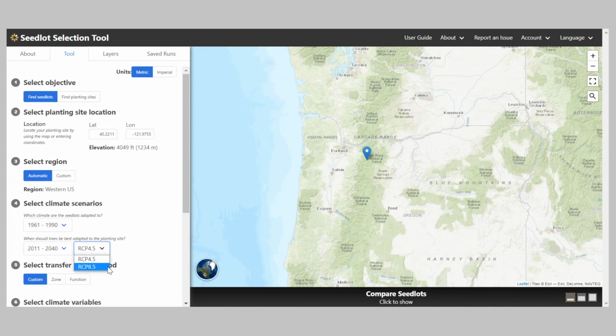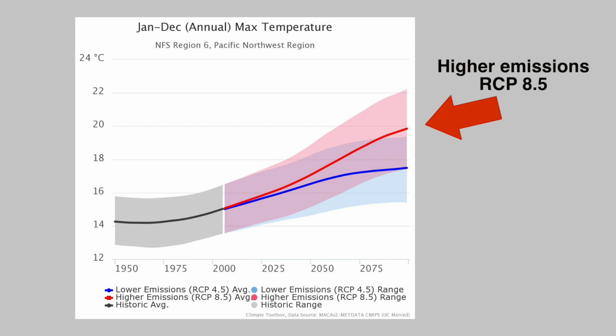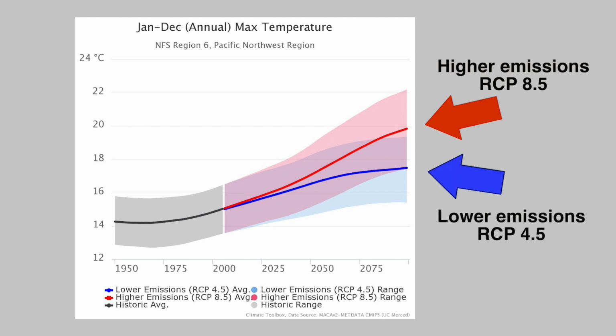In this drop-down menu, there are two choices, and I'm going to select the RCP 8.5, which is the higher emissions scenario. The reason it's recommended to use the RCP 8.5 is because this RCP has a faster and higher temperature increase. It's possible that this may overestimate the actual climate change, but for planning purposes, it's better to overestimate than to underestimate.